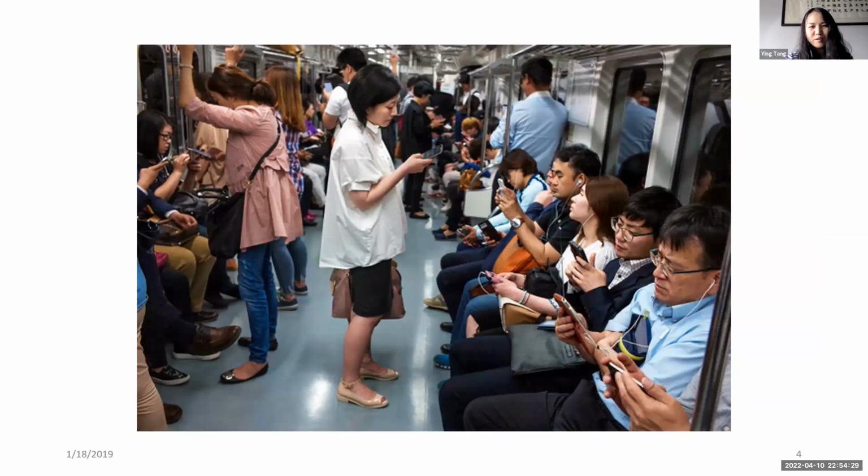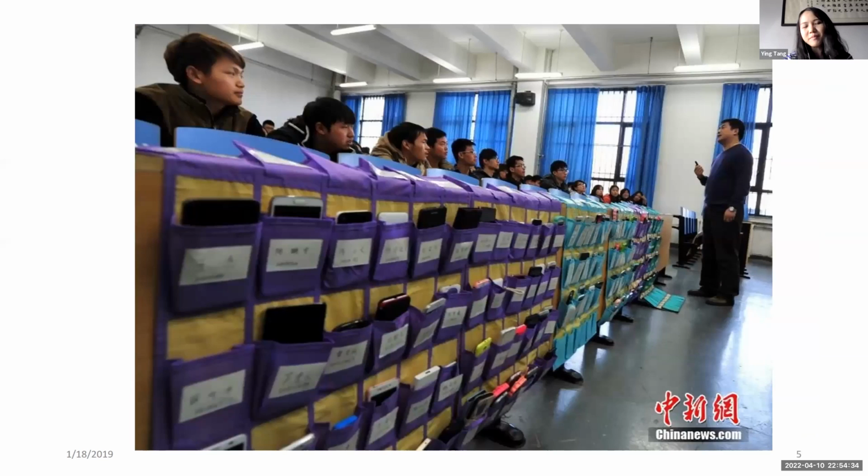And also another picture I took at the metro of Hong Kong. And when I was doing my teaching job back in 2014 in Philadelphia, I used to do this a lot. This picture was taken by some Chinese news media, but I used to do this as well. When my students walked into the room, I would ask them to put their cell phones in a pocket like this, because otherwise they would be so into their cell phones I couldn't do any teaching with them. And that was back in 2014.